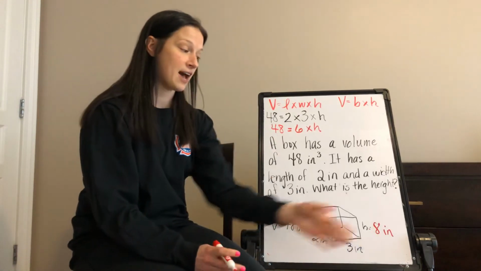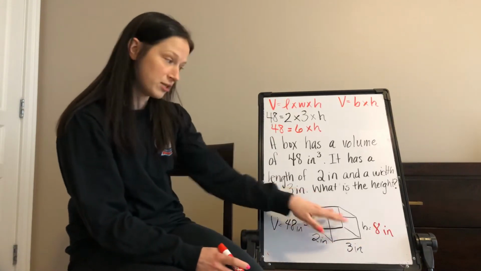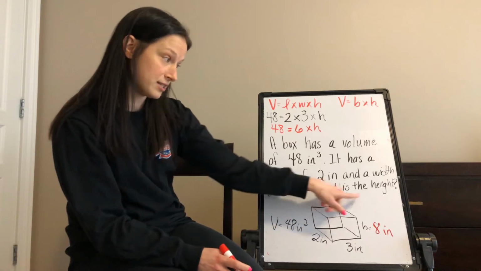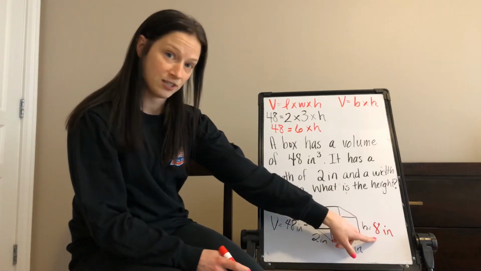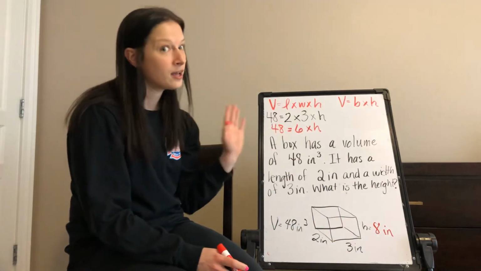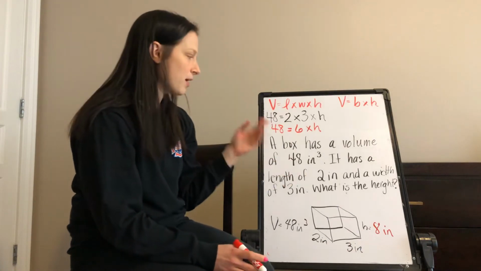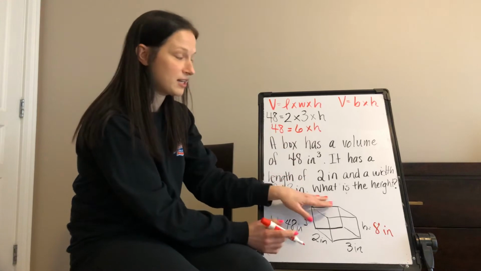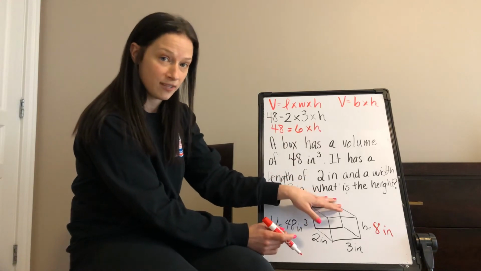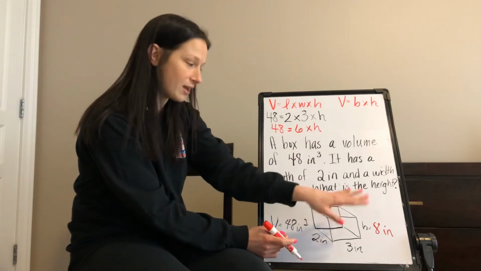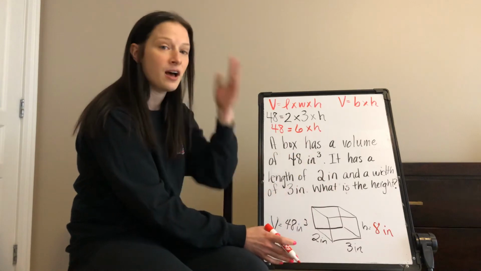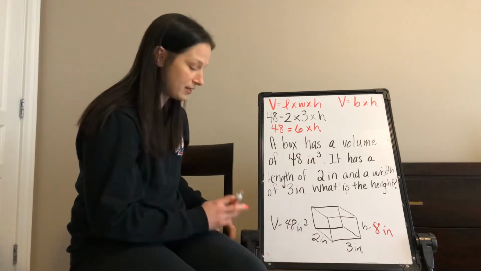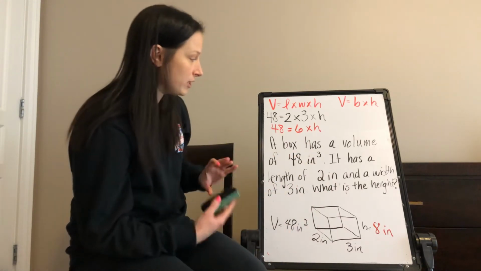And now we have the answer, and we just double check, were they looking for the height? What is the height? The height is 8 inches. Okay, so important to remember with any story problem, our answer isn't always what's on one side of the equal sign. We have to make sure we're answering the actual question given. Okay? All right, so that's one example of a story problem that you might approach when you're talking about